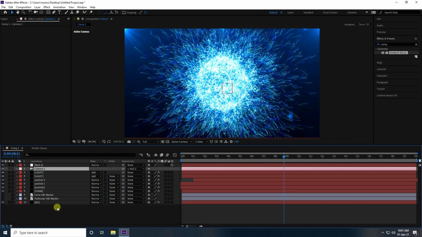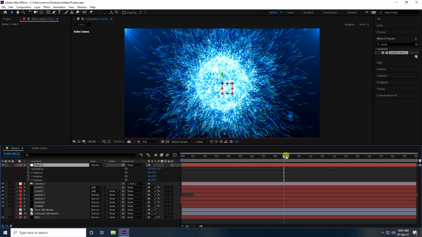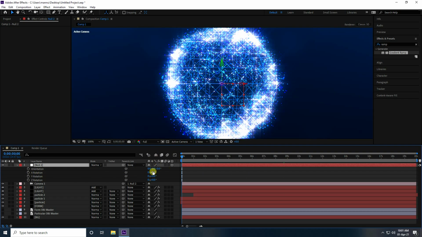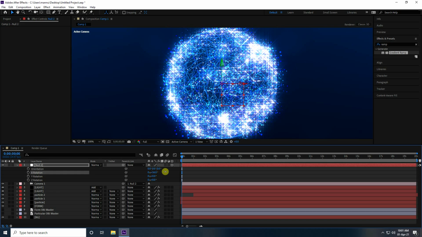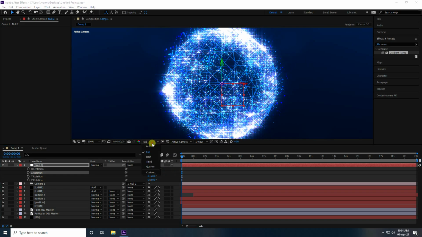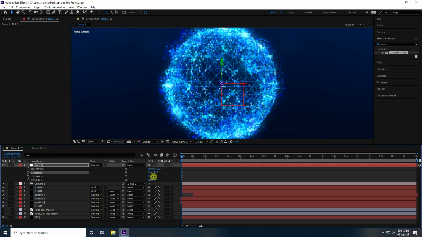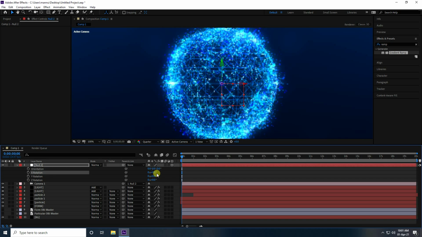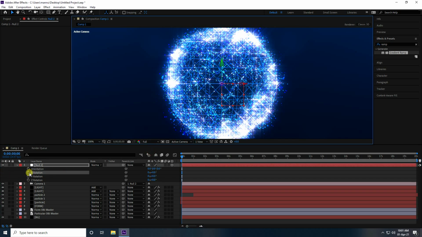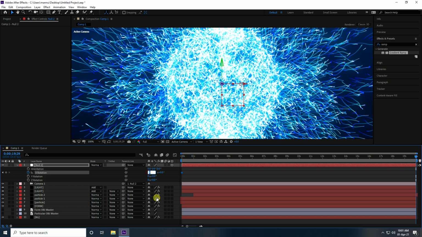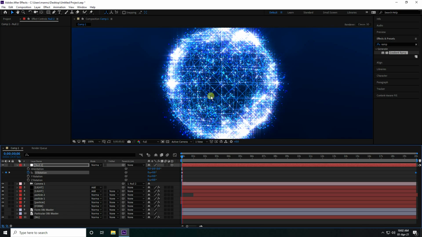Okay, so guys, select this null and press R for rotation and go to frame 0. See, that's my Z rotation. Guys, decrease the resolution and create rotation like this. Go to 0 and take full. Check X rotation, go to the last one, 20 seconds, and go here and take 1. Okay, so guys, play.